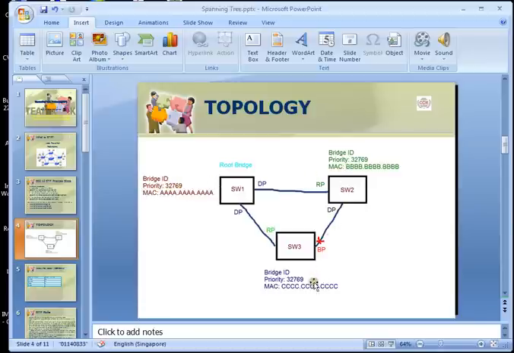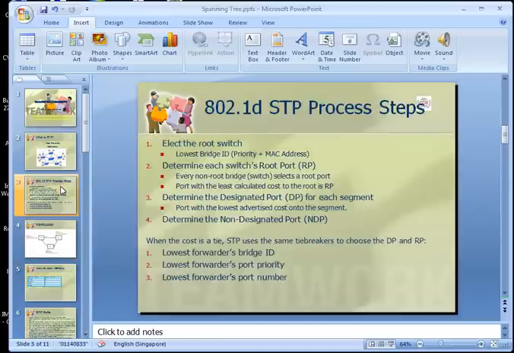Everyone has the same priority. So the switch with the lowest MAC address will be chosen as the root bridge. So in this case, switch 1 has the lowest MAC address, then it will become the root bridge. Okay, switch 1 becomes the root bridge.